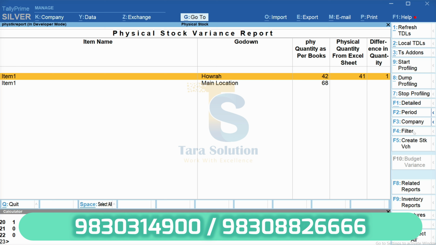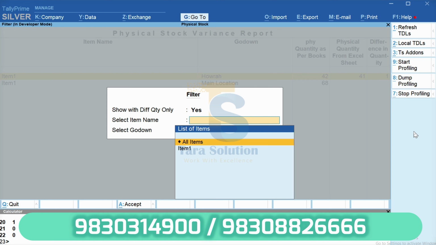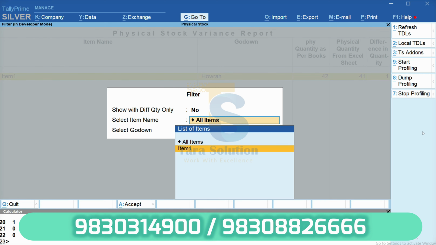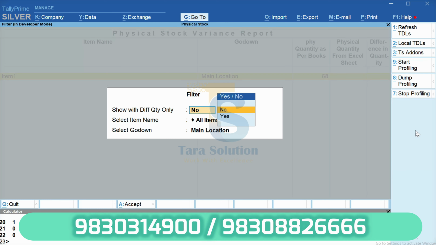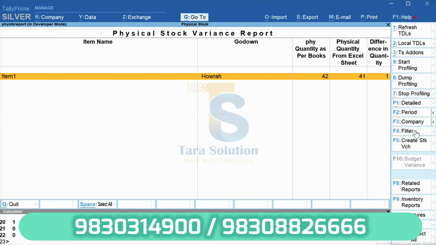I can also filter this report. So show with the different quantity only, and it will show only difference quantity item. I can filter on item name, or I can filter on location also. Depend on your need. So I'm just going to filter on difference quantity only, and now I'm just need to pass a stock journal